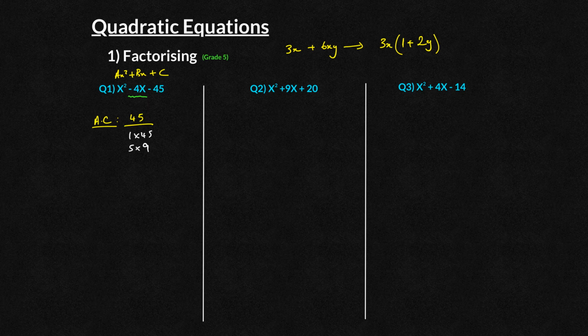Now at GCSE level, you're not going to be asked to factorise a quadratic that cannot be factored, so you don't need to worry about certain other techniques and how to check and so on. But let's just forget that for now and focus on factorising this question. So immediately I can see 5 and 9 could make negative 4x, so I'm going to stop there. Now what I'm going to do is rewrite the quadratic, x squared